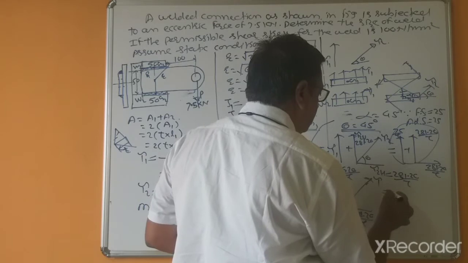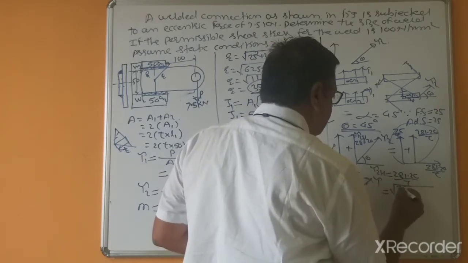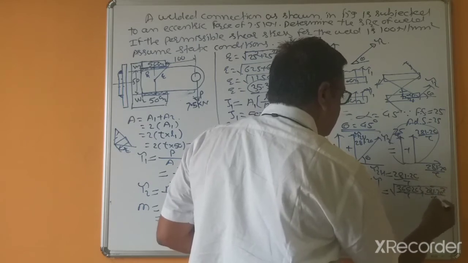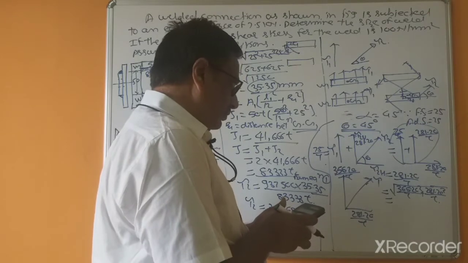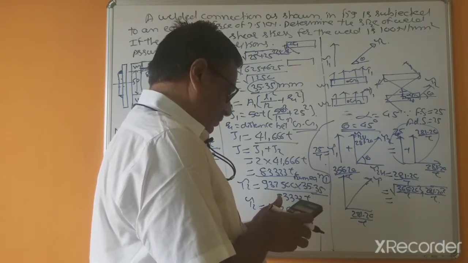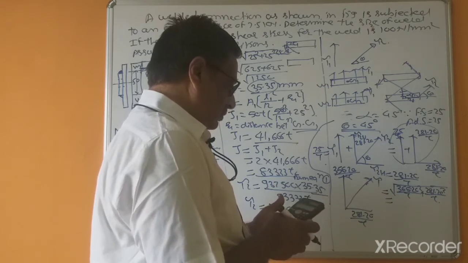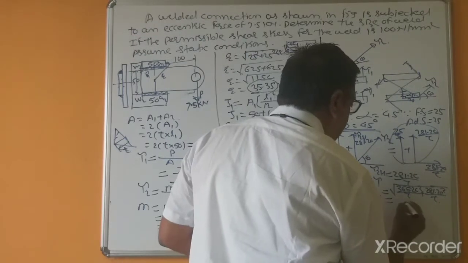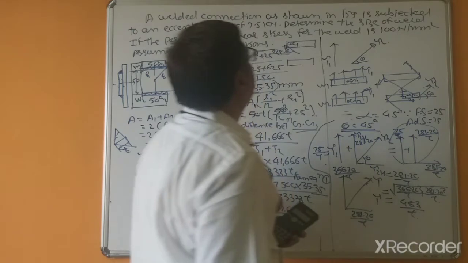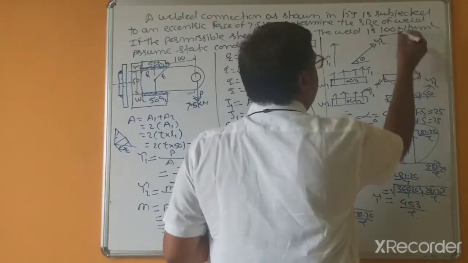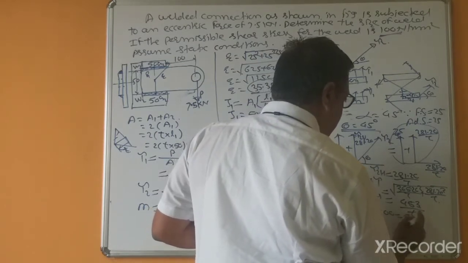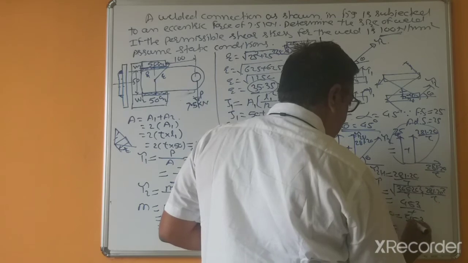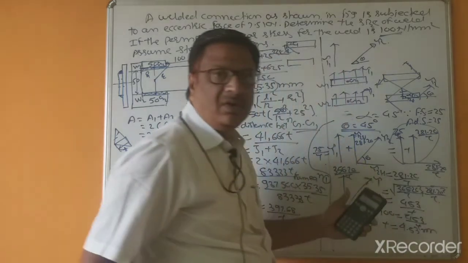Resultant equals the square root of 356.20 squared divided by T plus 281.20 squared divided by T, which gives tau equal to 453 divided by T. Now this is given for the welds as 100, so that's why this is 100 equals 453 divided by T. T equals 4.53 mm, and thickness H equals